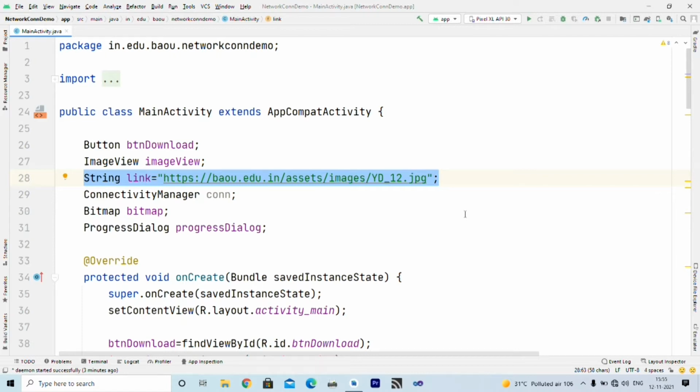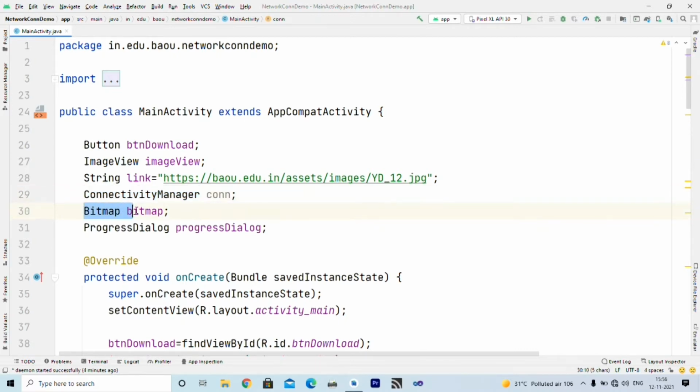I will download the image from this URL and display it inside the image view. To check network connection, we require two classes: one is called ConnectivityManager and another is called NetworkInfo. We will use these two classes to check network connectivity.